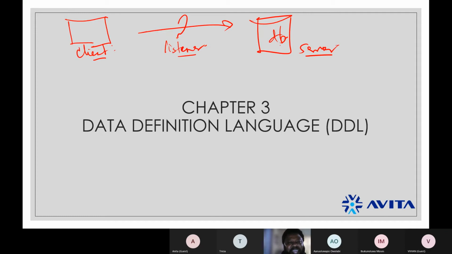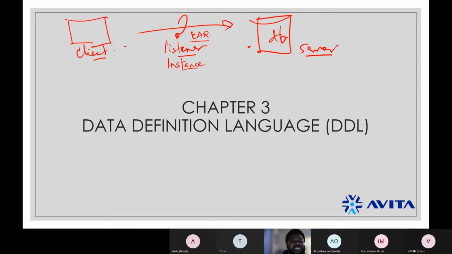The listener is like an ear, right? That connects the client to the server.